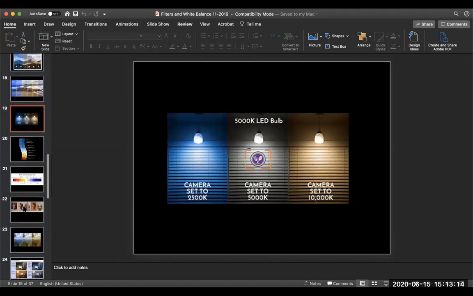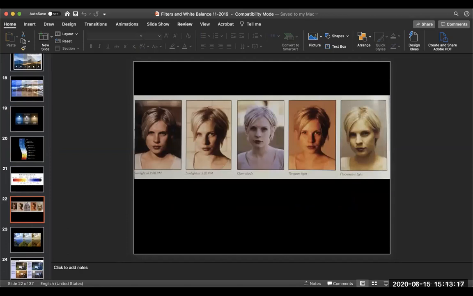Let me go to this one. So, different lighting situations and the color cast. To the left, under sunlight, there isn't really a color cast. The shadows are kind of harsh, but the skin tones and colors look pretty natural. The second to the left, under sunlight at 5 p.m., you can see that the light is a little more yellowy orange, and not quite as harsh,